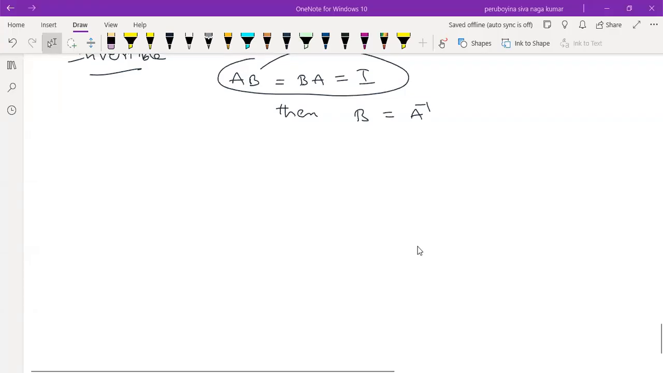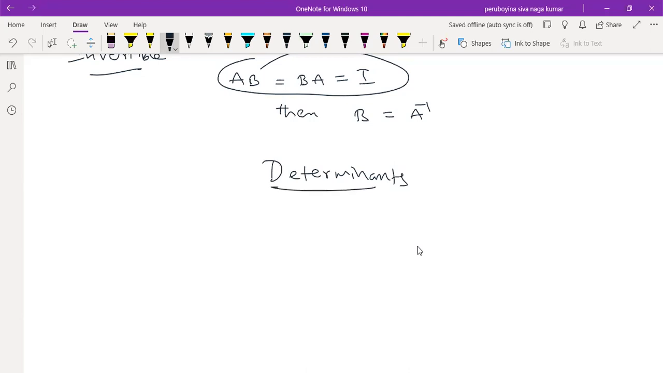So next concept is determinants. Here you have to learn the definition of the determinant. What is determinant? Determinant is a unique real number associated with every square matrix